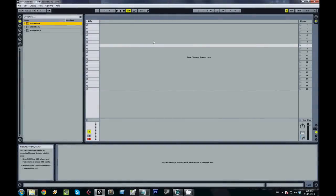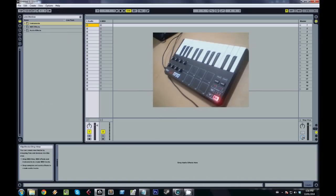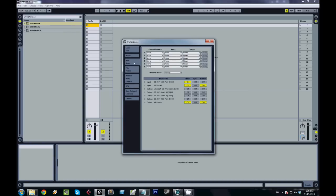In this video we're going to be using the drum rack with the MPK Mini. First thing you want to do is just make sure your MPK is plugged in, go to File, create a new live set. Then you should go to Options and go to your Preferences